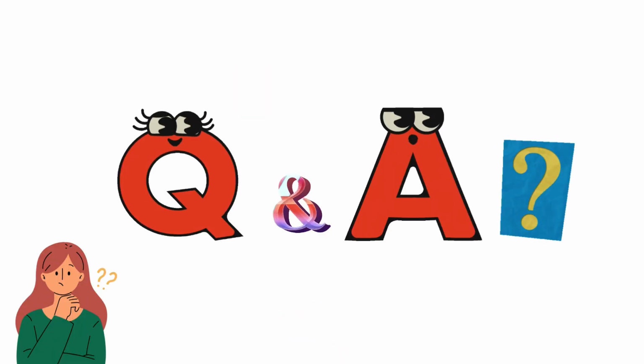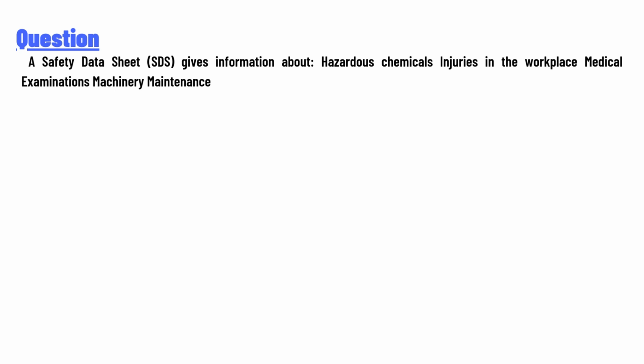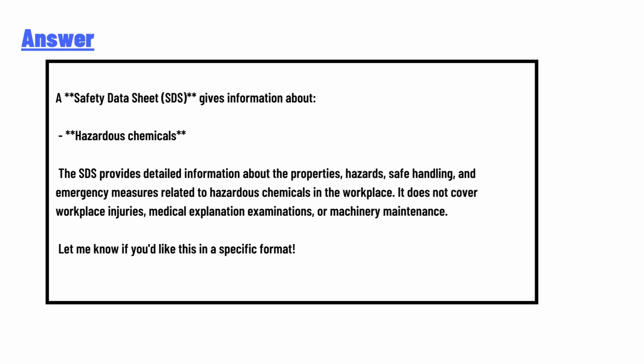So our today's question is: A safety data sheet (SDS) gives information about hazardous chemicals, injuries in the workplace, medical examinations, machinery maintenance. The answer to the question is